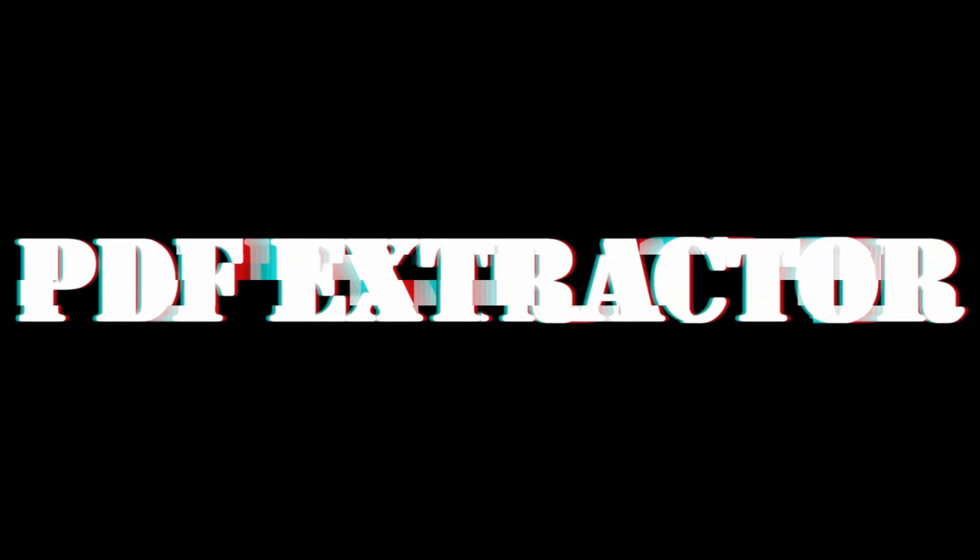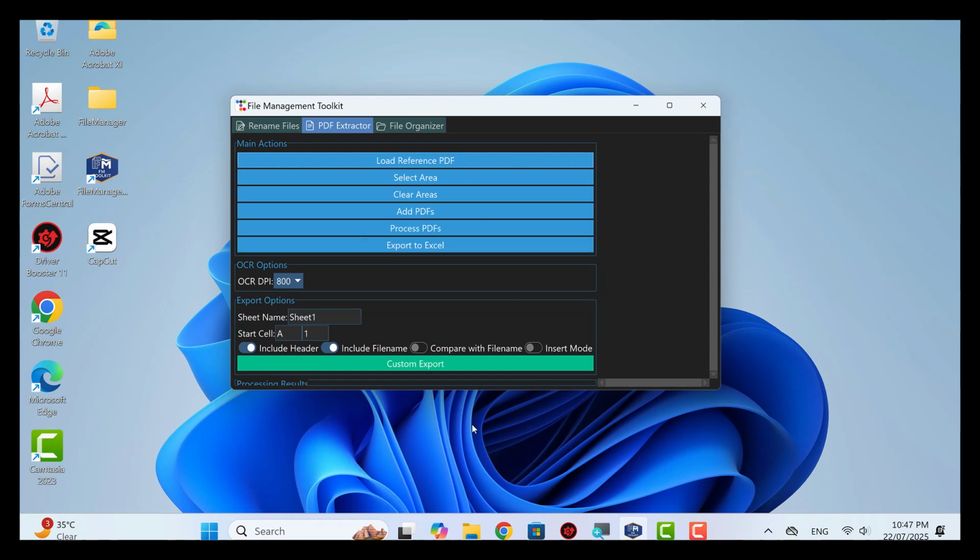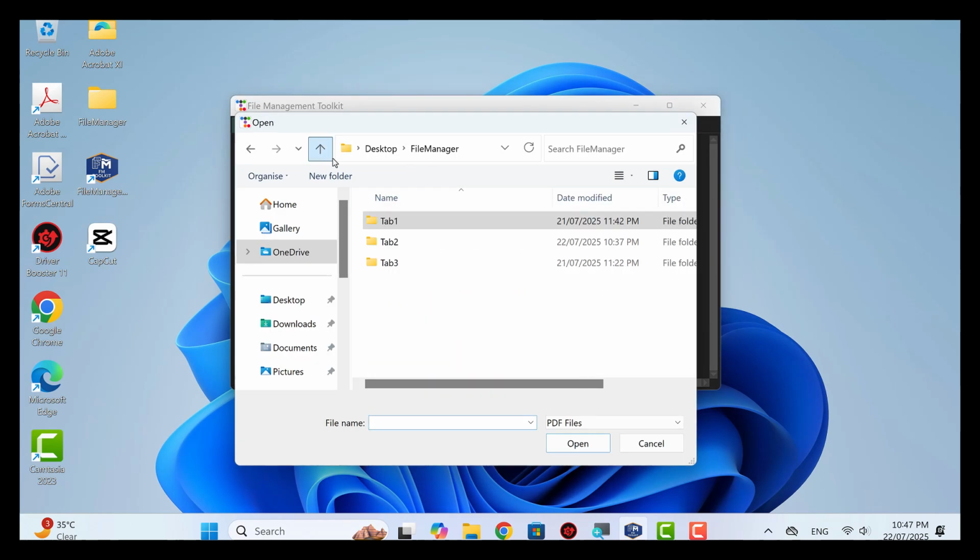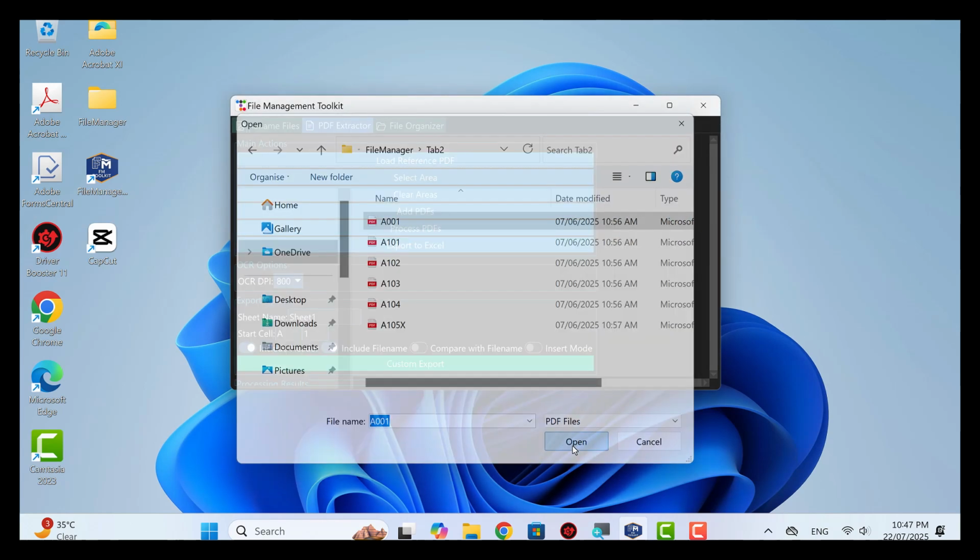PDF extractor. With this tab, we can easily extract data from any number of PDF files and export it directly to an